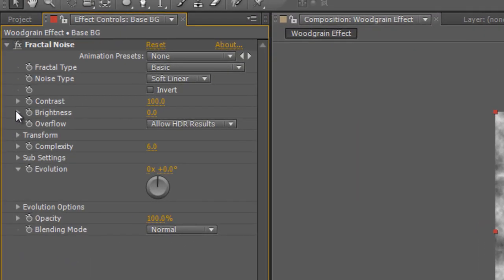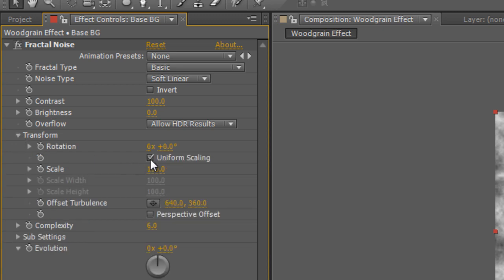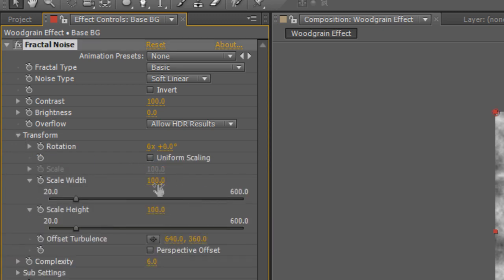In the effect controls, we want to go to the transform twirl down, uncheck uniform scaling, set the width to about 2000, and then the height to 2, or maybe even 3, just to widen it up a bit. And as you can see, it gives you that random vertical streaking, which is obviously great for the base wood